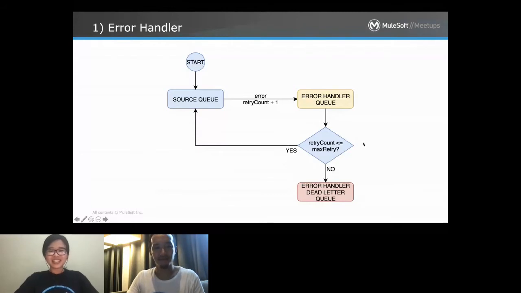I've seen instances where we just kept on retrying, and by the time the receiver managed to resuscitate itself, it went back to being shut down again because of the flood or influx of messages. So we only want to retry for a specific number of times.